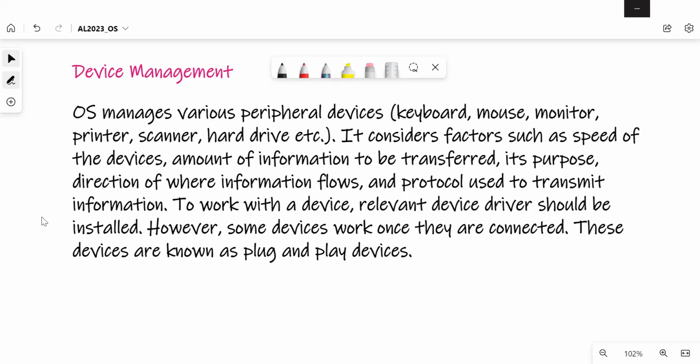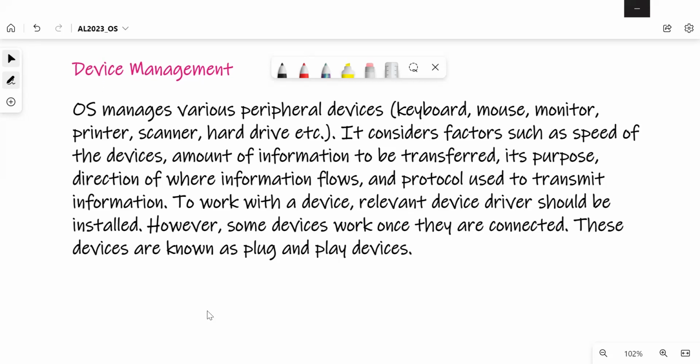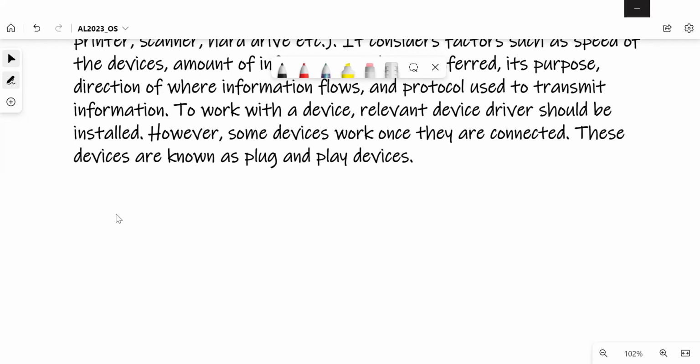Speed matters because if you're getting data quickly, then you don't know how to handle it. A similar thing happens here as well. You need a special piece of software, but nowadays you don't have to do this. You can just connect and work. We call these plug and play devices.